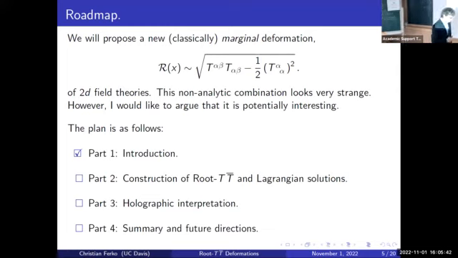So this might look somewhat crazy. It's an object which is non-analytic in the stress tensor. So near T equals 0, like a vacuum configuration, this does not have any sort of controlled expansion around 0 because it's not analytic. So you may initially respond by saying this is crazy. So why would one have any right to expect that such a combination makes any sense? And that's a reasonable objection. So I will try to convince you with some pieces of anecdotal evidence in the remainder of the talk that even though this looks somewhat crazy, it might not be as crazy as it initially seems.